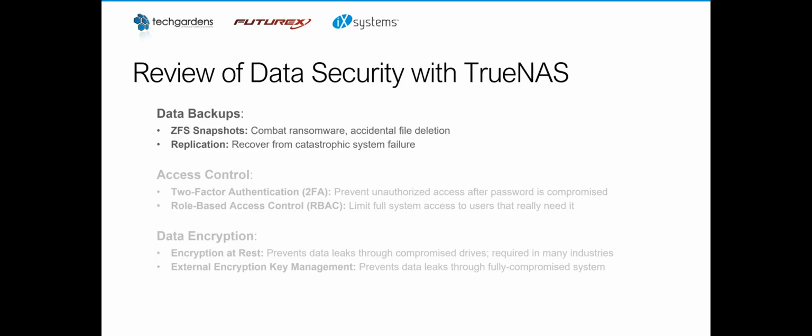So to review, the three core areas that we talked about are going to be data backups, access control, and data encryption. Within data backups, we start with ZFS snapshots. It's a great way to combat simple ransomware, accidental file deletion, and other types of data corruption where we need to roll back the state of the entire file system, or perhaps just go into a snapshot and retrieve individual files